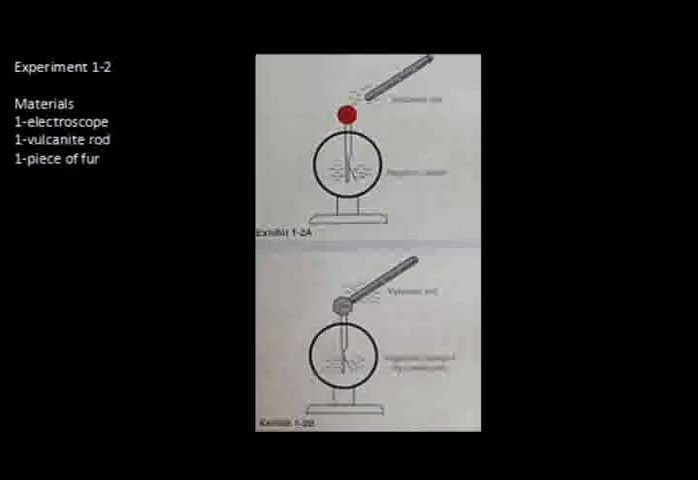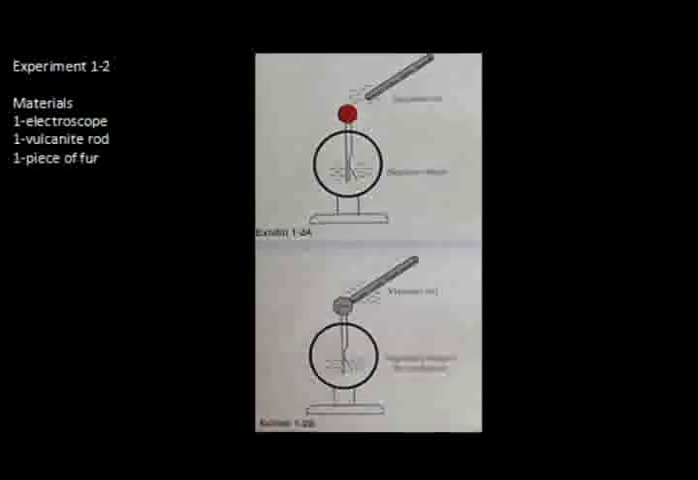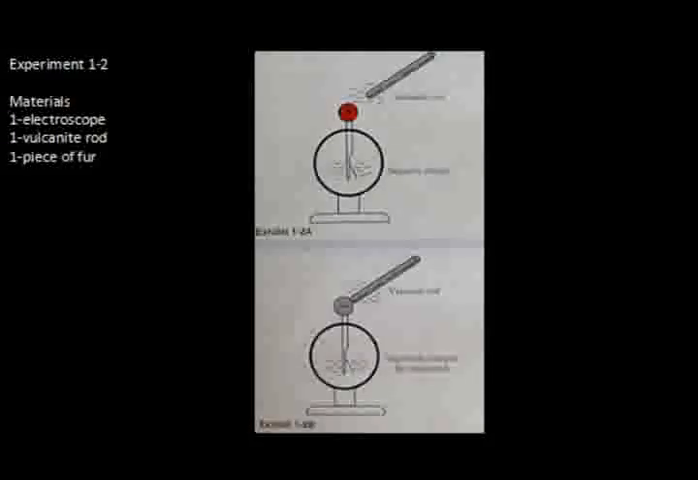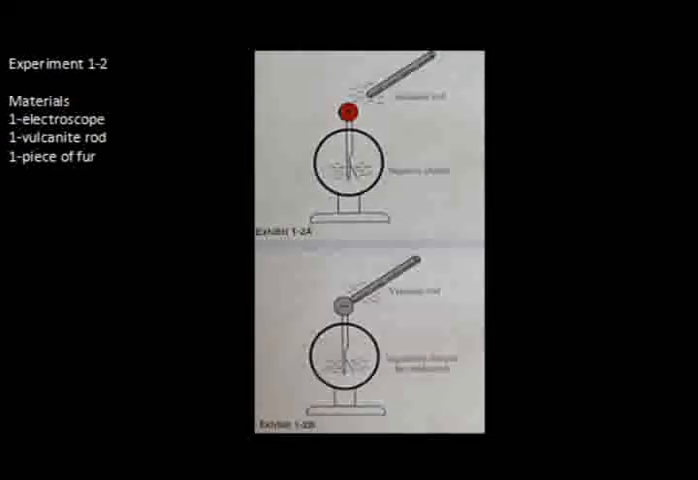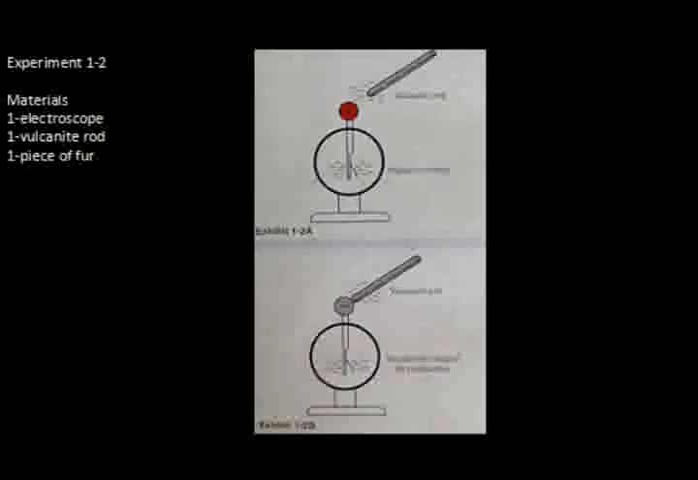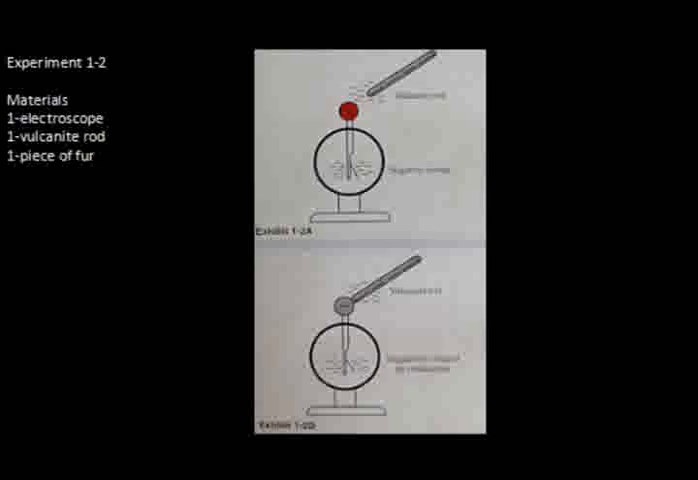Step 5. Recharge the vulcanite rod with the fur. Step 6. Touch the ball on the electroscope with the rod. Observe that the leaves in the electroscope expand. Step 7. Move the rod away from the electroscope. Observe that the leaves do not drop back down. Step 8. Examine Exhibit 1-2B. Can you explain why the leaves behaved differently in this test? Discuss the concepts of induction and conduction